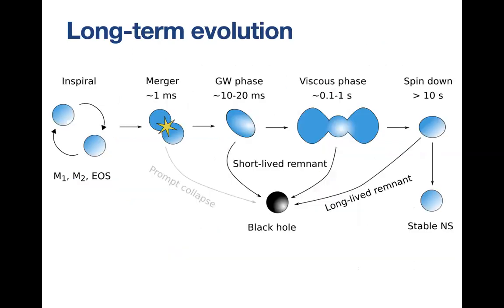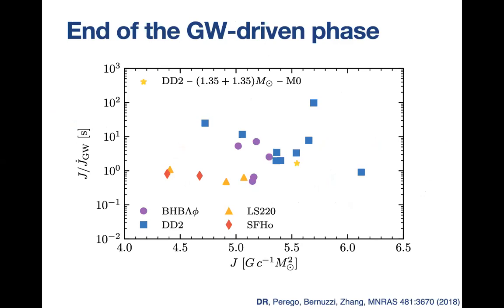Things become very different if we focus on the long-term evolution. And now I want to be a bit more quantitative about what I mean by long-term evolution. So I'm showing here different binary neutron star mergers that we have simulated. On the y-axis, I'm plotting a typical time scale for gravitational wave emission. This is the angular momentum divided by the angular momentum loss rate as a function of the final angular momentum of the binary. Here, final is at the time when we stop the simulation, which is about 20 milliseconds past merger. What you can see here is that this time scale is at these times of the order of a second or more, and it's growing very rapidly.